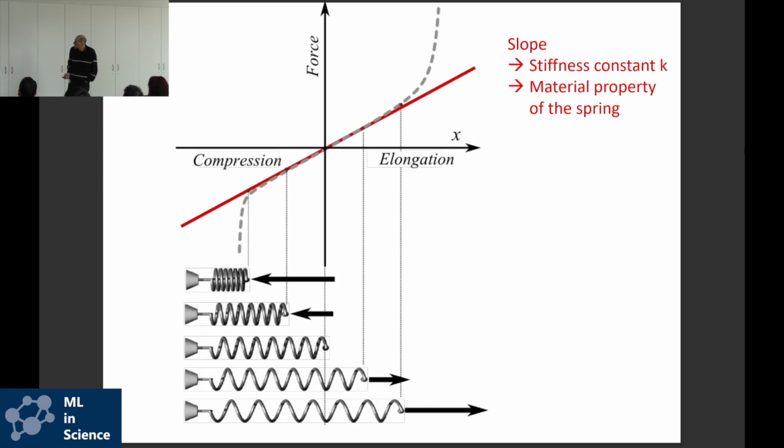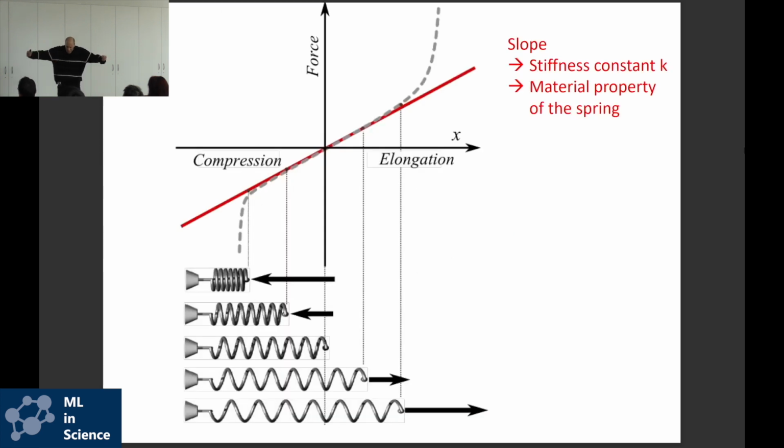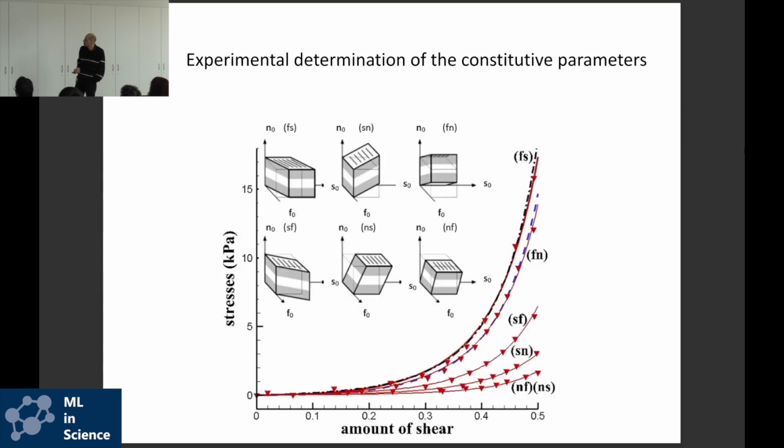Now the heart is more complex. It's a three-dimensional object, so you have different directions. And also, the law is not just linear. For an elastic material, it is linear, but typically for large expansions, you have deviations from linearity. The heart is actually a viscoelastic material, so we want to model the non-linearity as well. Now, in principle, if you know this stretch-stress behavior, then you can get the parameters. They're really related to